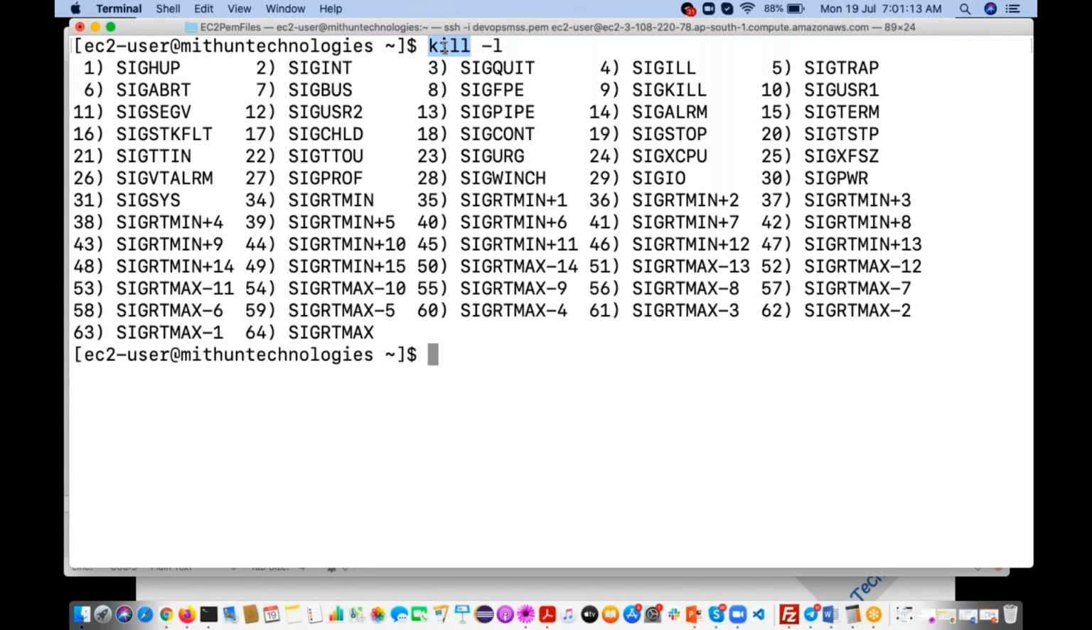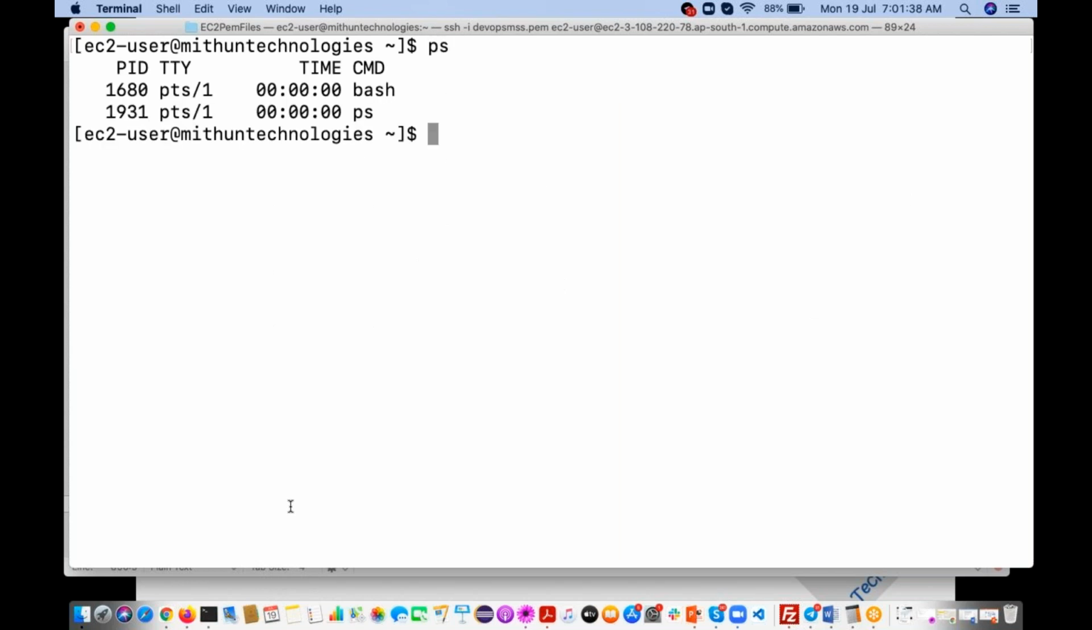Clear? In one of the interviews they asked, what is the -9? It is a kill signal. How many signals is the kill command supporting? 64 signals, 1 to 64. Clear? But most of the time we are going to use -9. So now what I will do, I want to kill this process ID. Very simple. kill -9